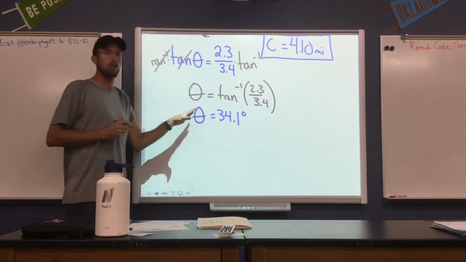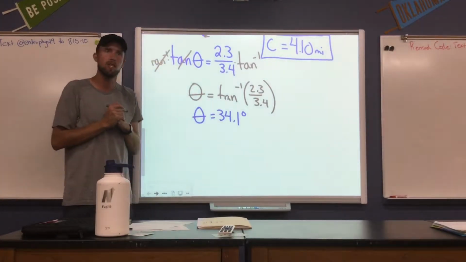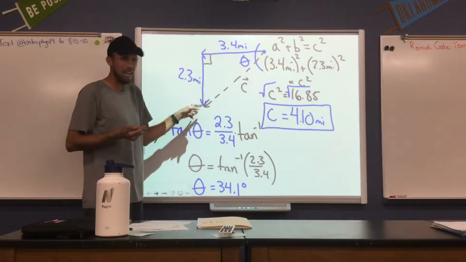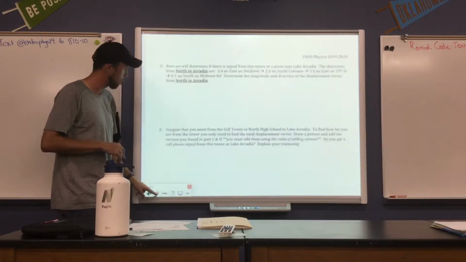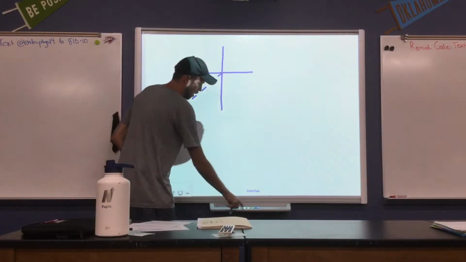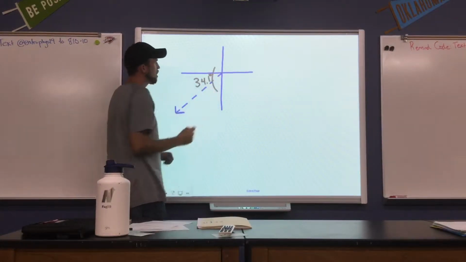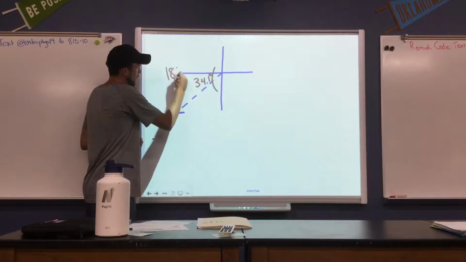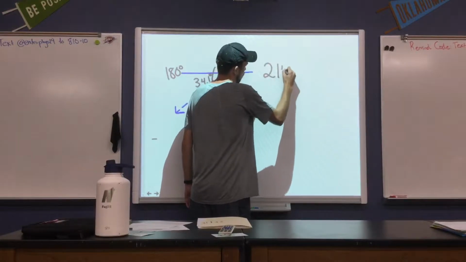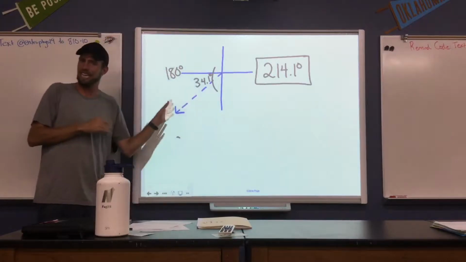Now, if we get an answer like this, we have to think, am I actually traveling at 34.1 degrees? Well, no, I'm not really traveling at that angle because I'm moving southwest, which means I'm in quadrant 3. So I'm actually moving in a direction like this. I'm southwest, not southeast. This 34.1 degrees is really based off of 180 right here. So I'm just going to add to 180. So 180 and 34.1 gives me an angle of 214.1 degrees,